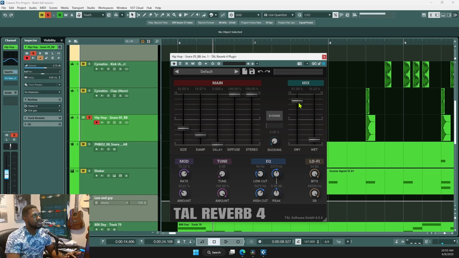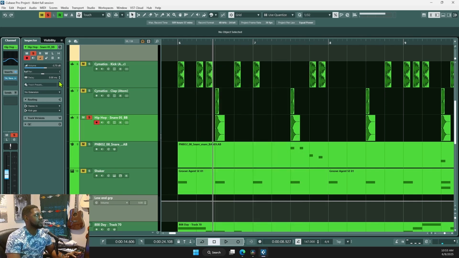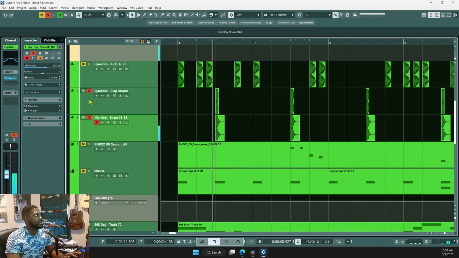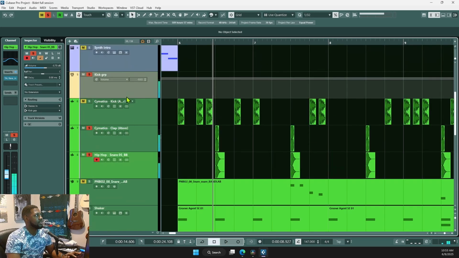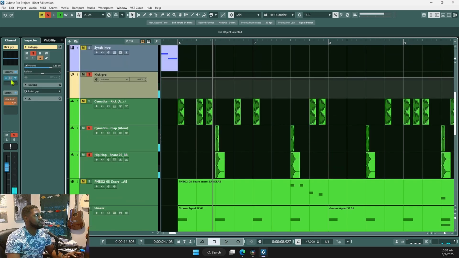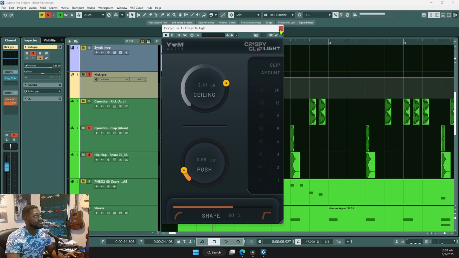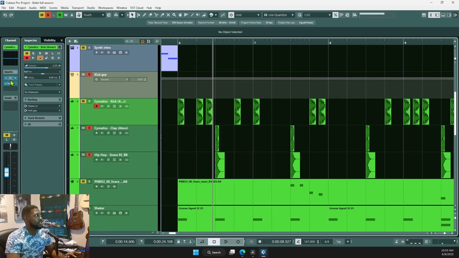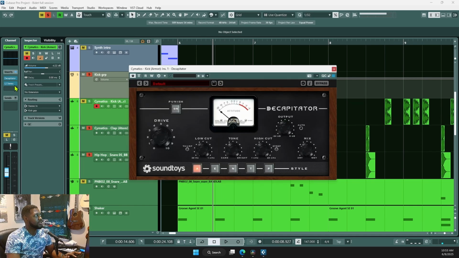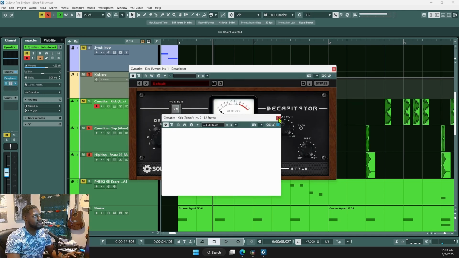What I'll do is I'll take some of that dry wave if I want to accentuate that effect there. So again, then with the clap. And these are getting sent to the kick group. The kick group just has a clipper on it. And as far as this kick, sorry, I forgot to mention, it has a Decapitator and L2 for some limiting